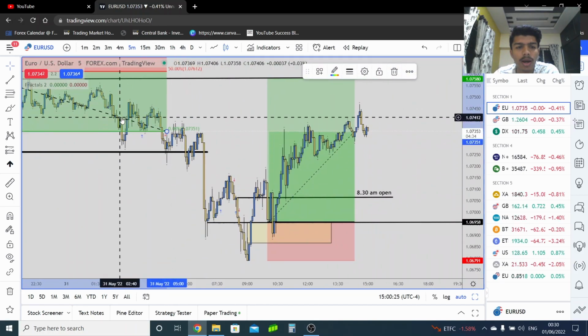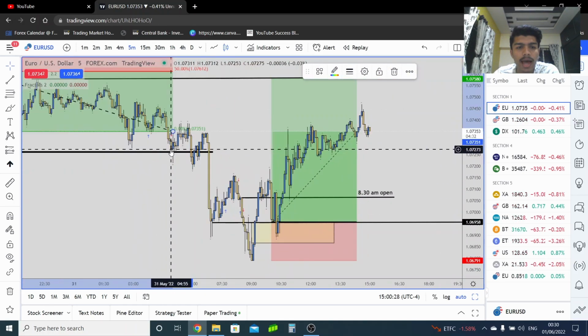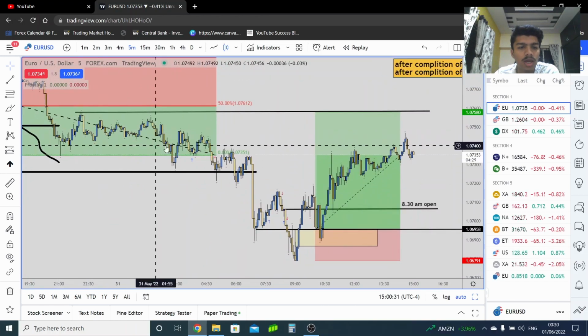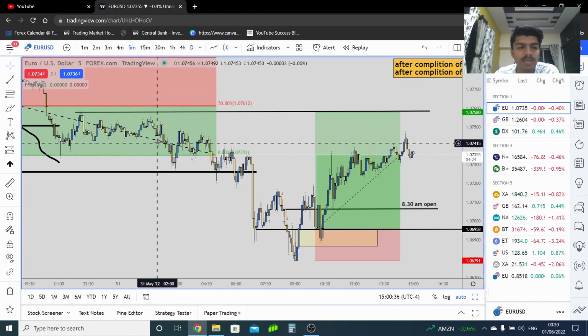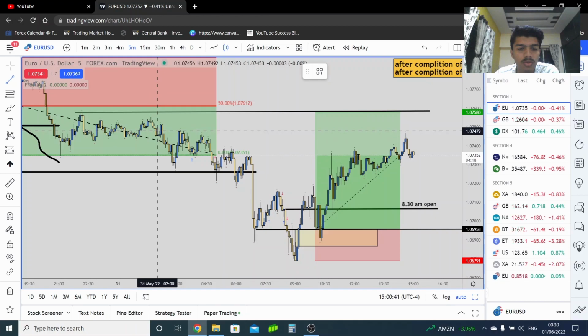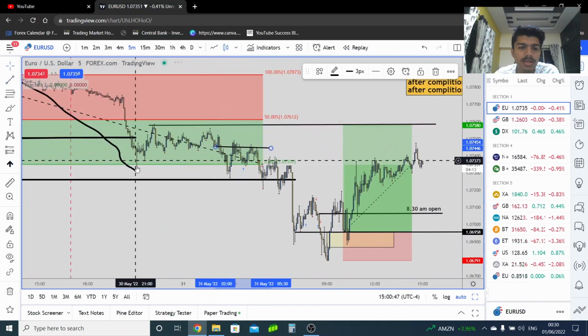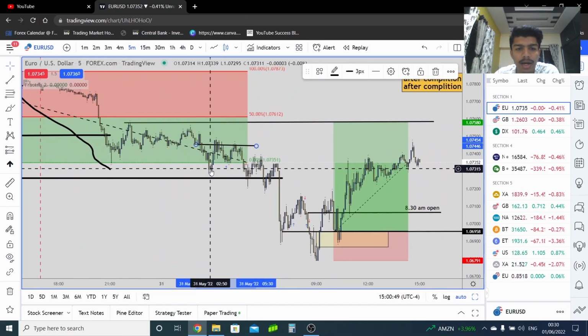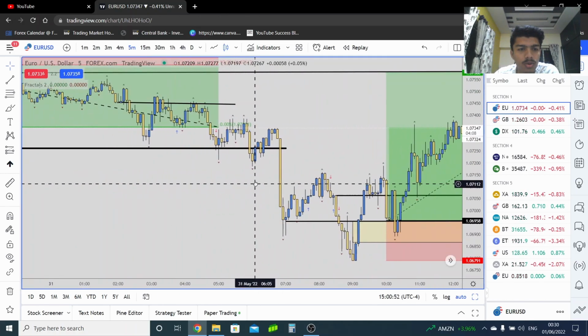Okay, market is coming down, and to be honest, after 2 a.m. EST, we are going to trade in sessions, the kill zones that ICT has provided to us, right? This is 2 a.m. over here. So this is the opening price. And once the market maker sell model was complete over here and market was below, what you can see over here,